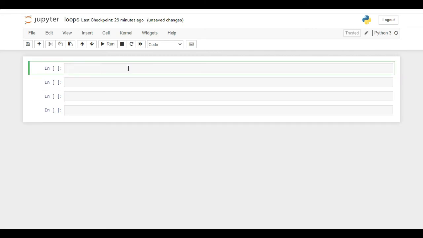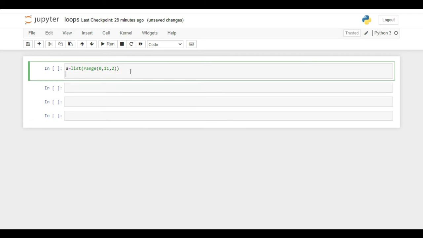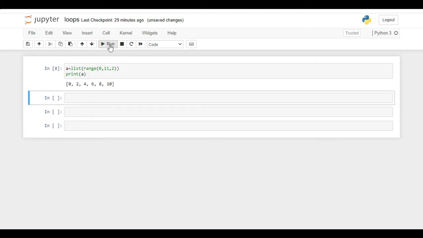Earlier we were trying to print continuous integers, but let us say that we want to print all even numbers between the given range of 0 to 11. Hence, we can give a third element as a step value of 2 here, which means every second element will be taken out of this given range. Now, if you give a print statement to print our given list with the name A here, you can clearly observe in the output that all the even numbers are printed. This is very easy and comes very handy at times while writing complex codes.